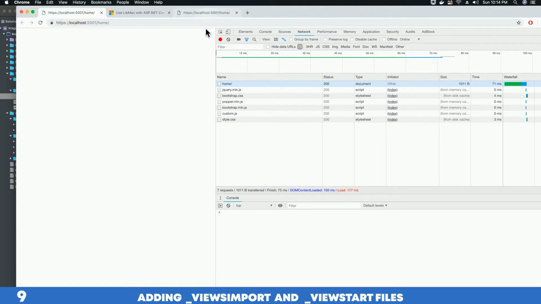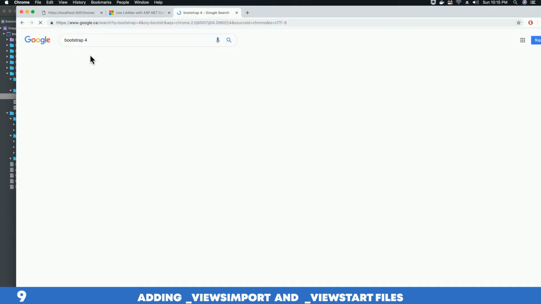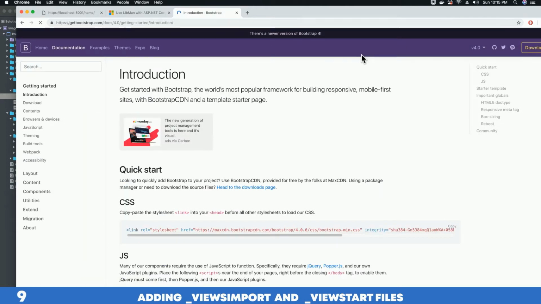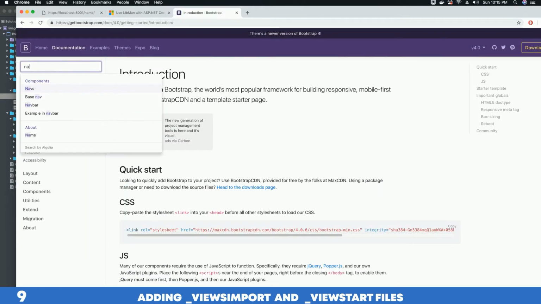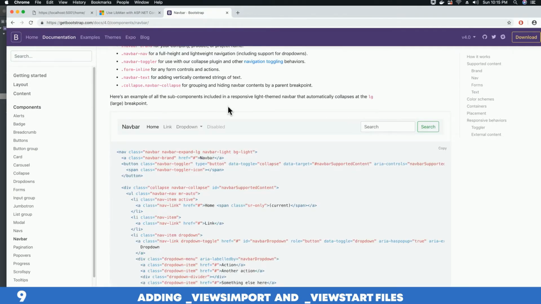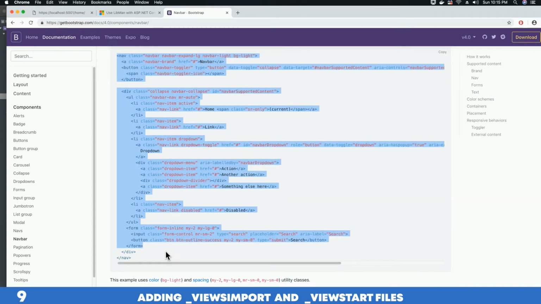What we can do is search for Bootstrap 4, and then I'm just going to search for navbar. I'm just testing it. I'm not going to use the navbar. So just to test, I'm going to copy this code here,